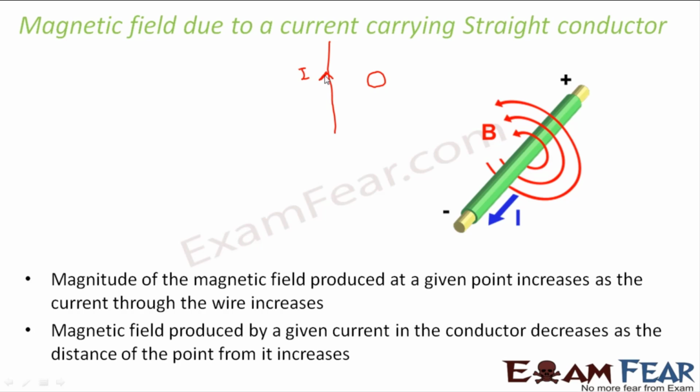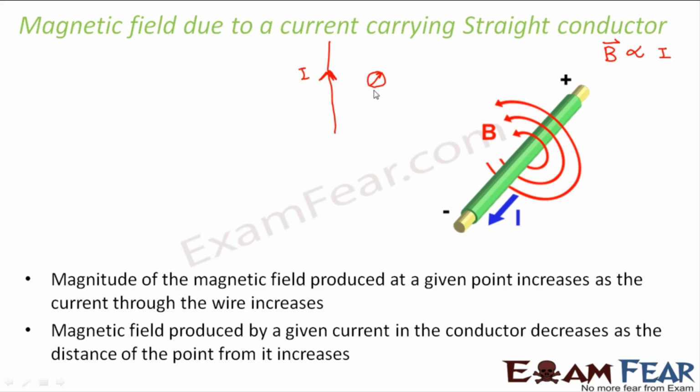Now the amount of current was varied. When the amount of current increased, the deflection also increased. When the amount of current was decreased, the deflection also decreased. So what did this show? This showed that the deflection is proportional to the amount of current. And what is this deflection? This deflection is nothing but a result of the magnetic field. Right? Because the compass always deflects only in the presence of a magnetic field. So this showed that the magnetic field, which we generally denote by a capital B, was directly proportional to the current flowing through the conductor. So that was one observation.